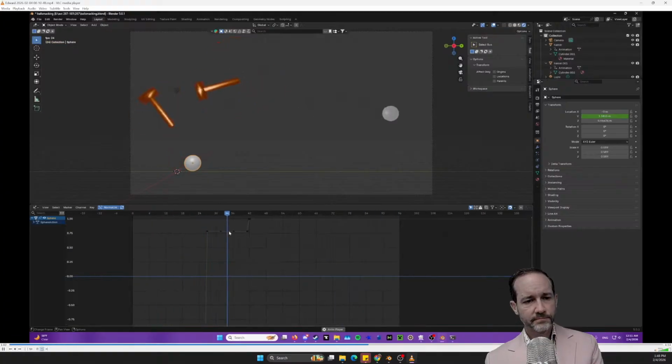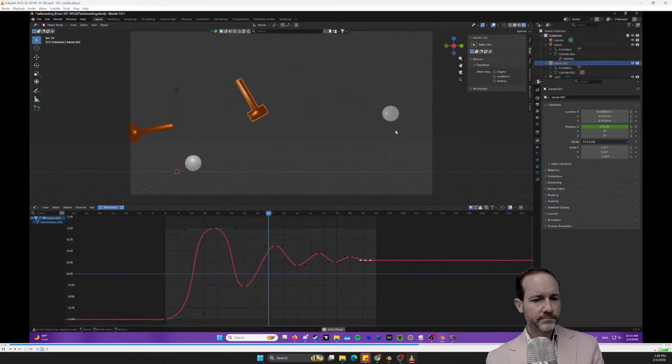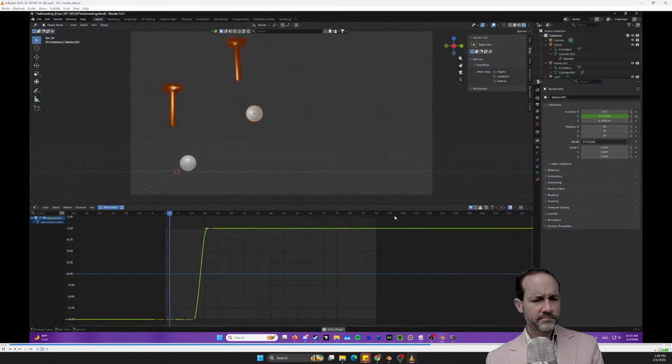This is what it looks like since it just moves whenever it's being interacted with. The heavy ball is mostly just a bunch of hills, and the light ball just gets struck one time and then goes flying, so it's just a very steep incline.